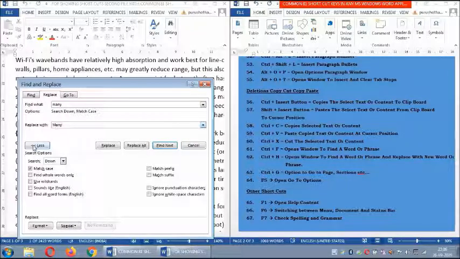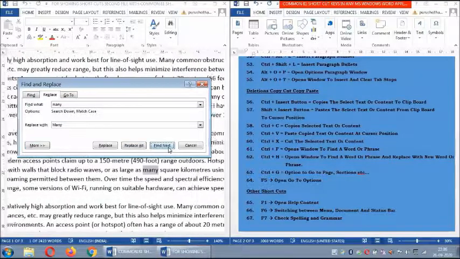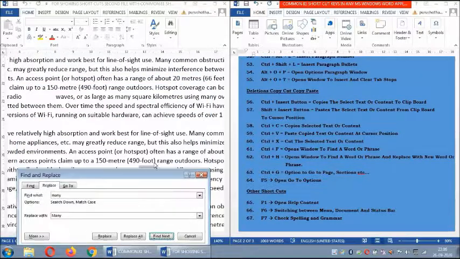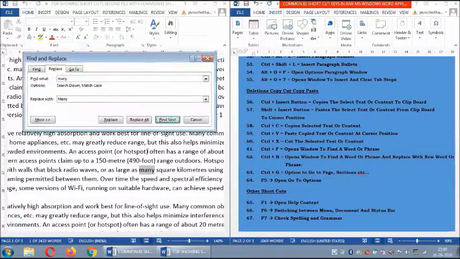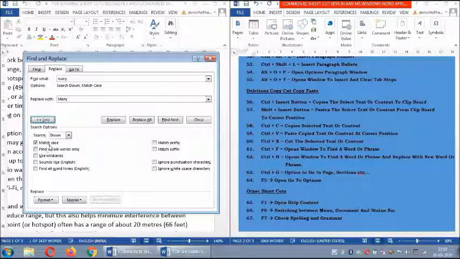So I close this. If I say replace all, wherever it is there, it replaces all. First I find it, the cursor moves over there, and I replace it. In that particular position, it has been changed to Many and moved to the next place. Wherever the small letter many is, it should become capital letter M. So I set it as match case, so it replaces only in that.